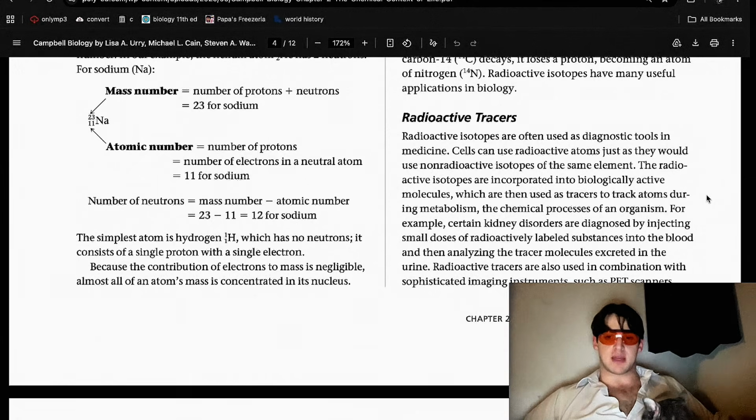I'm guessing it means that the diagnostic tools do this. The radioactive isotopes are incorporated into